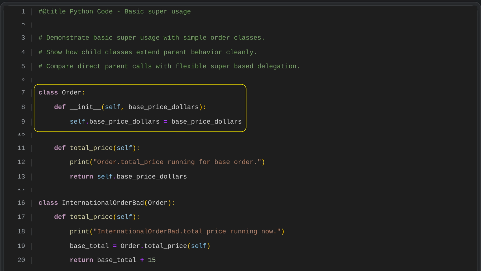We define a class called Order to represent a basic order that has a price. Inside this class, the initialization method sets up each new order object. This method takes a reference to the current object and a base price in dollars. It then stores that base price in an instance variable, so the order's price can be accessed and used throughout